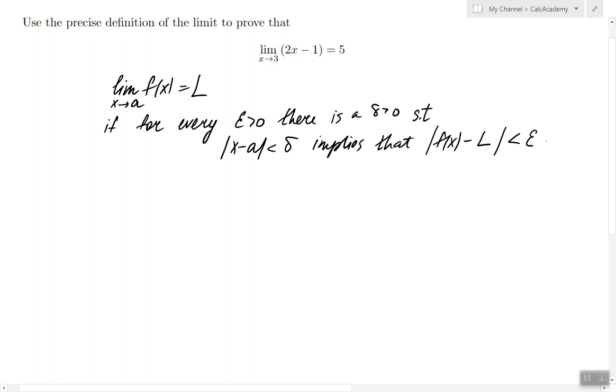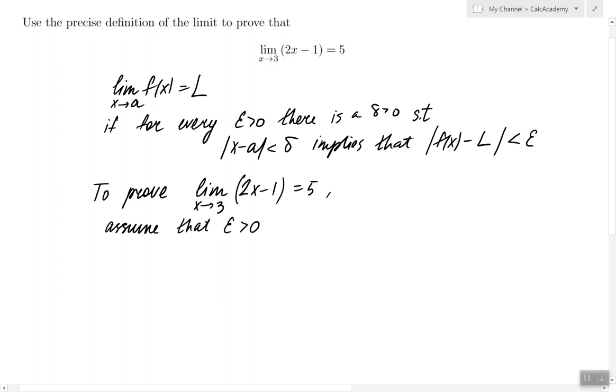So what does it mean to prove that the limit of 2x minus 1 equals 5? To prove that the limit of 2x minus 1 as x approaches 3 equals 5 means that we have to assume that an epsilon is given,